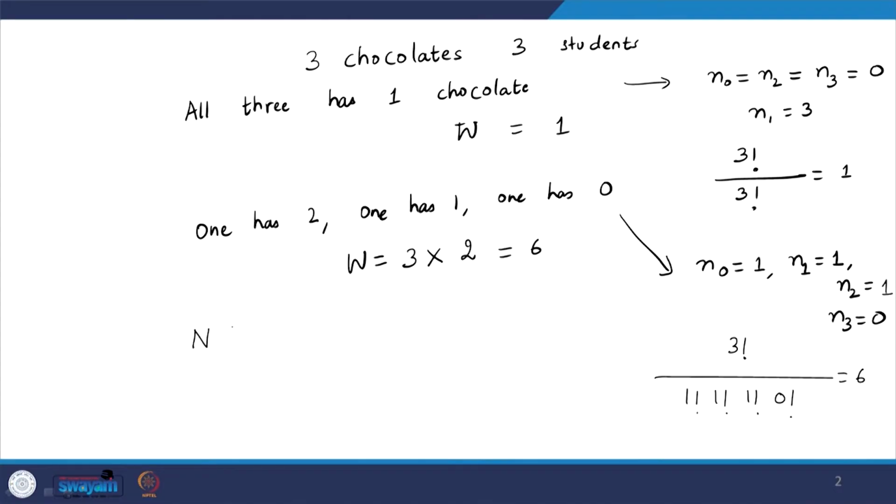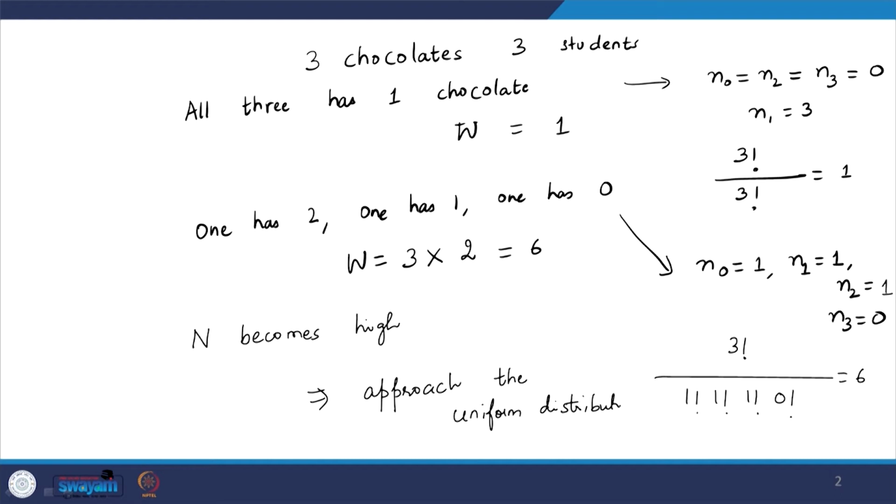So, even though our intuition suggests that all should have an even distribution, it need not be the case for fewer number of chocolates. What will however be true is that as the number of students increases, you will have a near even distribution. That is the point I was trying to make also in the coin toss example. Let us say for example, if n becomes high, we are going to approach the uniform distribution.